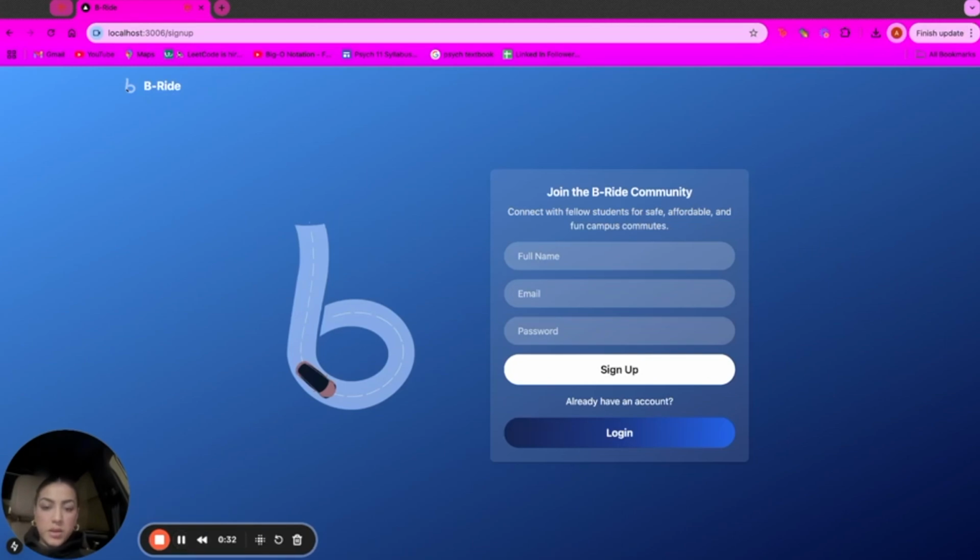Moving on to the sign-up page, here we highlight our BeRide logo, which we put a lot of careful thought into creating, to be simple enough as a logo but communicate the purpose of our product. We use a modal-style layout for the form. This keeps the UI clean and user-friendly, with clear labels and placeholders for name, email, and password fields. Upon submitting, users see either a success message confirming account creation or an error message if required fields are missing,